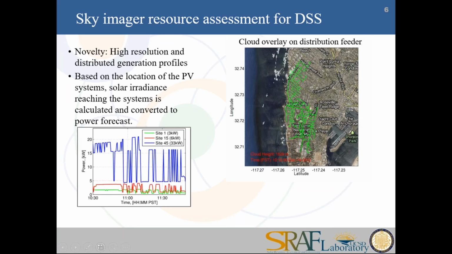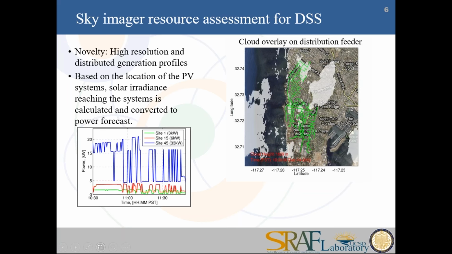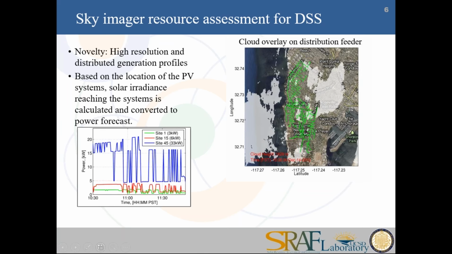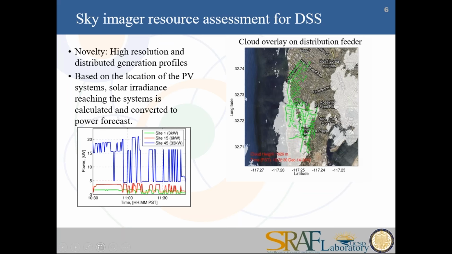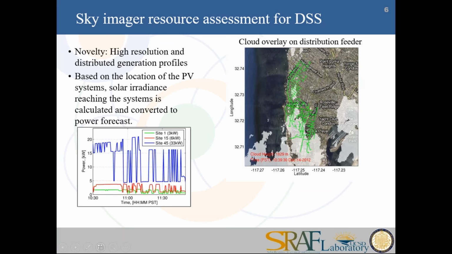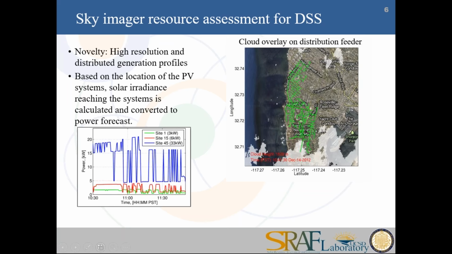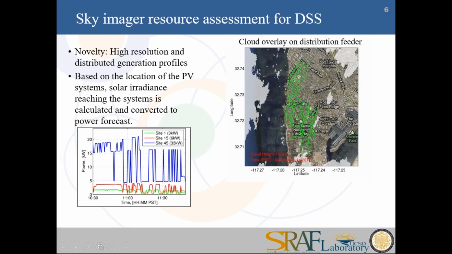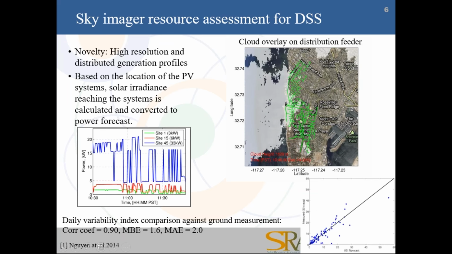Typically we don't get solar power output at a very high resolution from solar power systems, because they're all owned by different parties and they don't share the data. But if you just have one sky measure system in this area, we can generate these solar power input time series for all of these different systems. And that way we can better replicate the spatial or geographic smoothing of the total power output compared to a single system.